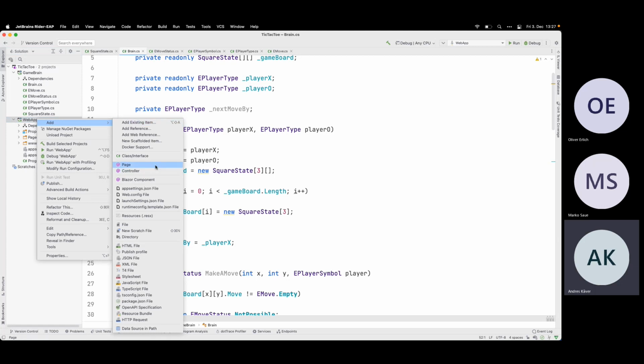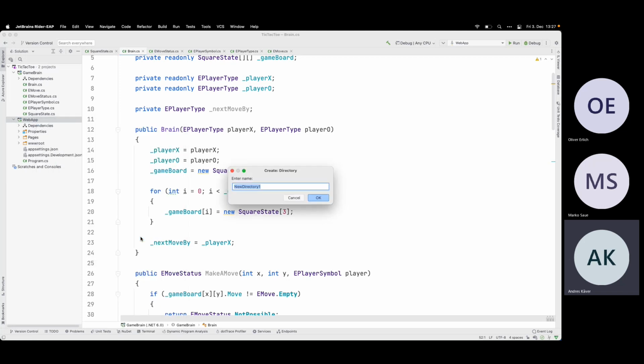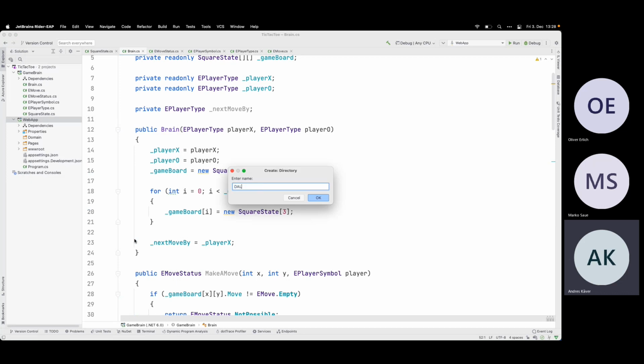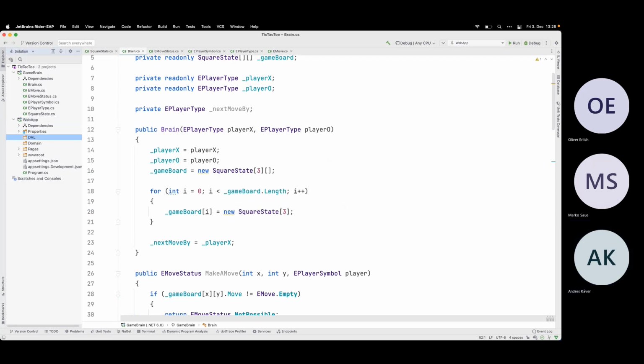Since now I want to scaffold a little bit, so let's make this thing inside the web application. So I need my domain, I need my data access layer. So I copy from my previous game brain. What did we do here?